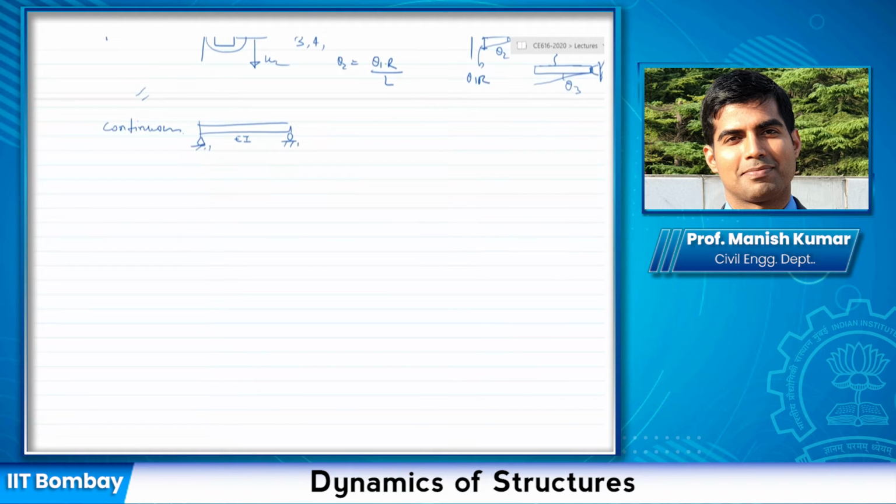Anyone? It would have infinite degrees of freedom. So a continuous system would have infinite degree of freedom. Why? If I consider deflection, something like a very generalized deflection, let me say this is u, and if this is represented by x, this would be u of x, and at every point, which would be infinite values of x, I would have infinite number of u. Okay, so a continuous system would have infinite degree of freedom system.